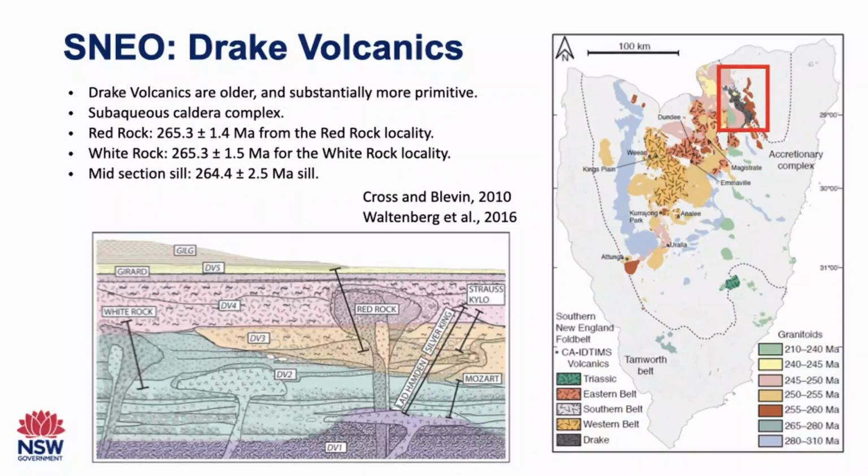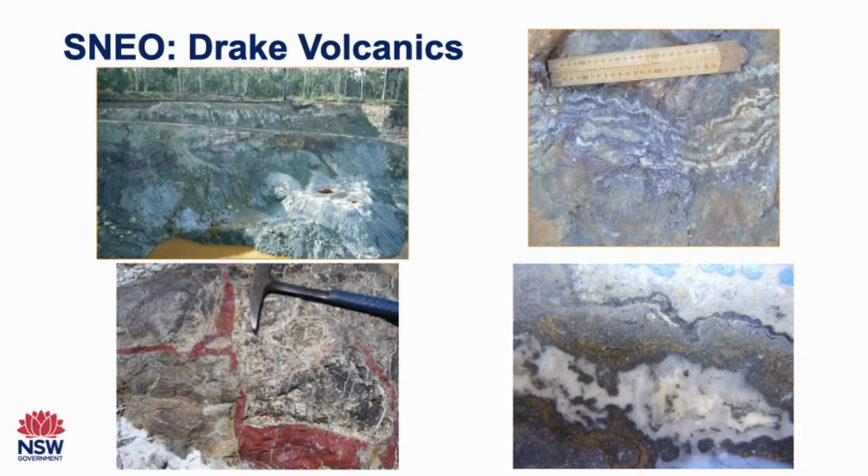But Drake Volcanics, so she's put together a fantastic history there. White rock and red rock, we've done SHRIMP dating there, we're going to do ID-TIMS, but it's all within the same age. We can be clear that they're part of those high-level dacite and intrusions. They're not a younger thing from the Triassic granites that have been superimposed upon the Drakes, and the Drake volcanics are significantly older and different to the rest of that Permo-Triassic magmatism. They've got all the things: the crustiform veins, low iron